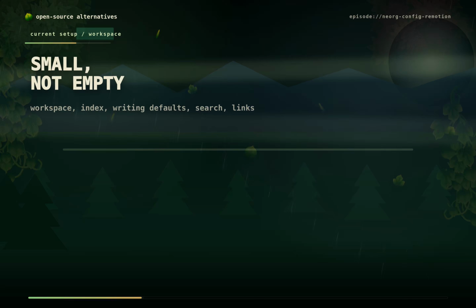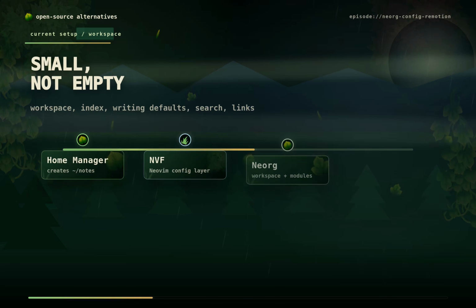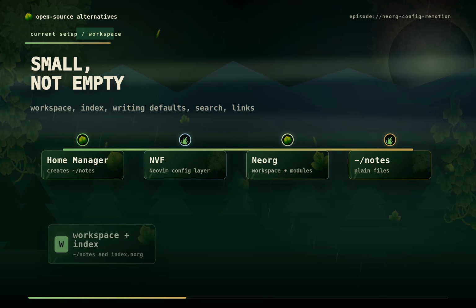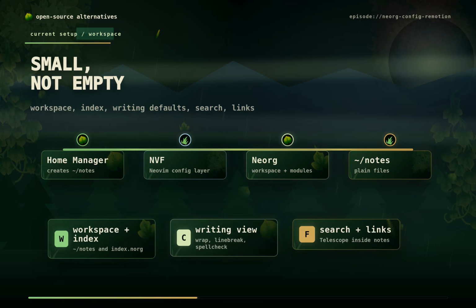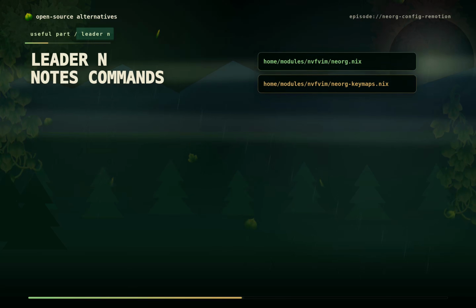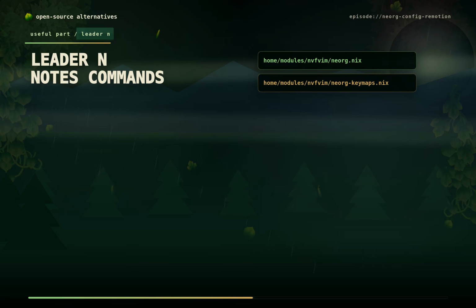Right now my Neorg config is small, but it is not empty anymore. It creates my nodes workspace, opens an index, makes .neorg files nicer to write, connects telescope, and gives me a few nice shortcuts under leader N. The part I like the most is that this setup is still boring in the right way. There is one Neorg module file, one keymap file, one workspace, and a handful of shortcuts that answer my real